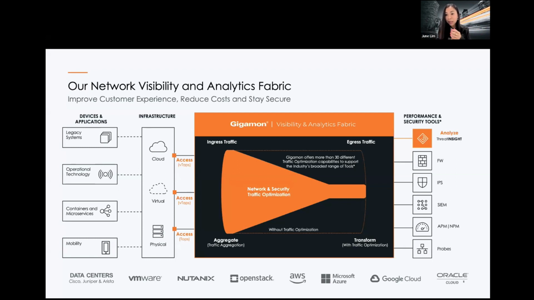The most popular capability within Gigamon that customers use is called deduplication. In your network, there are a lot of duplicated packets. If you have been in networking long enough, you know that this happens, especially if your network is quite big. On average, most organizations have about 30 to 40% duplicated packets.